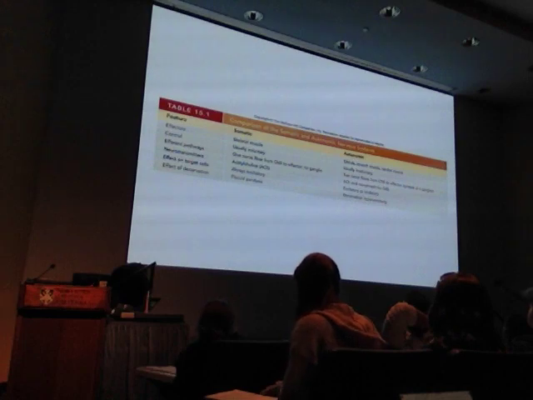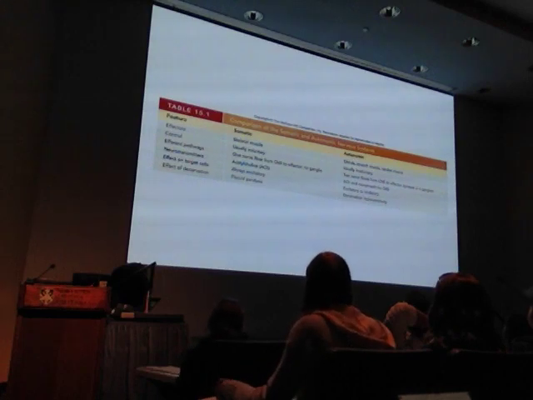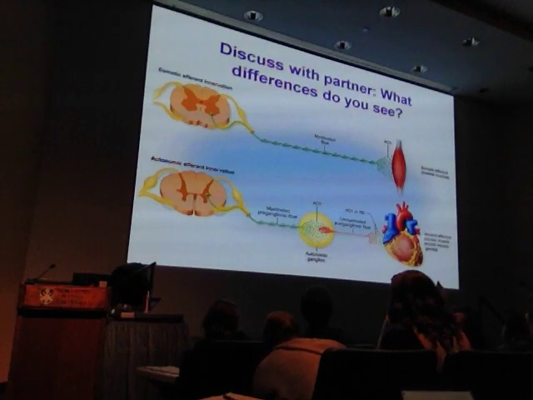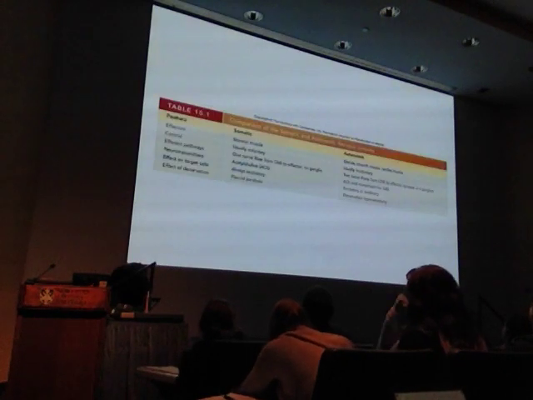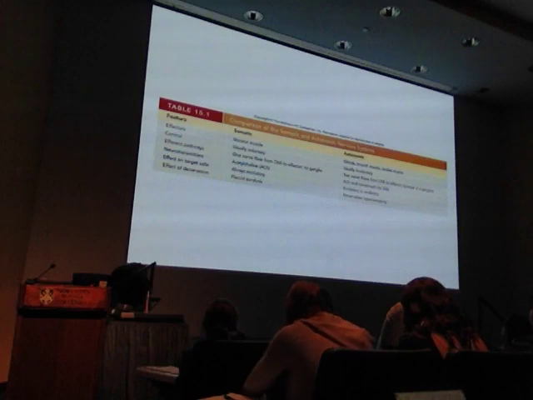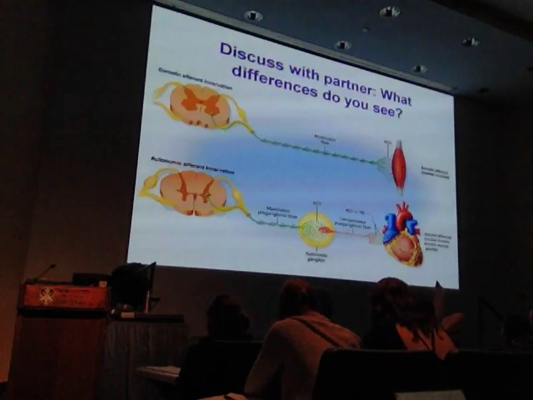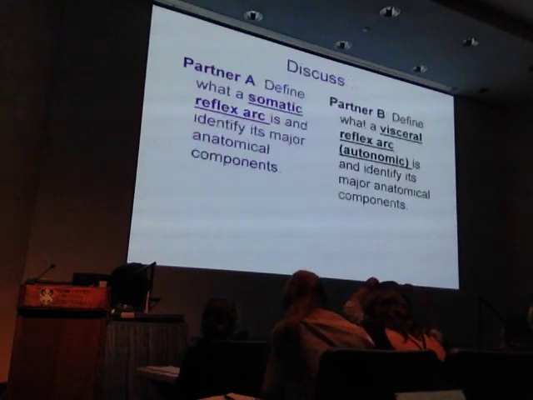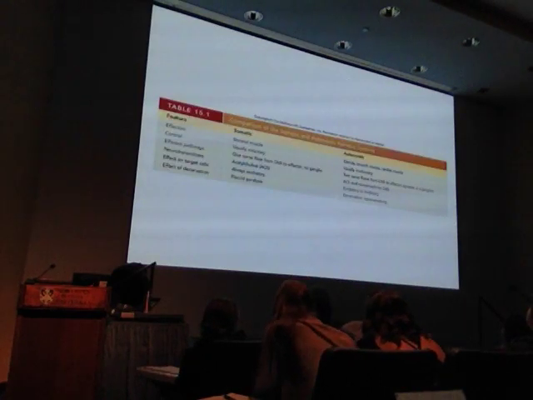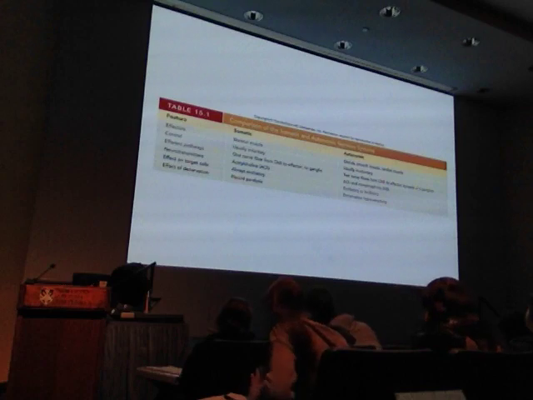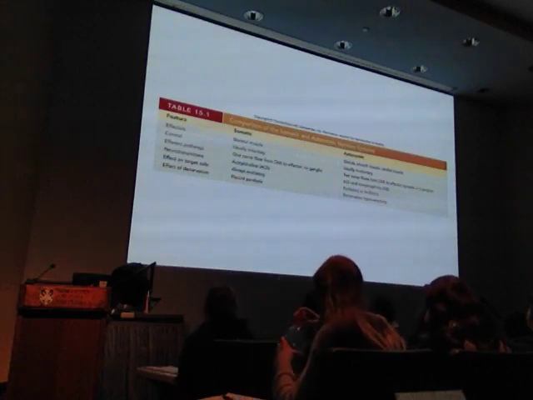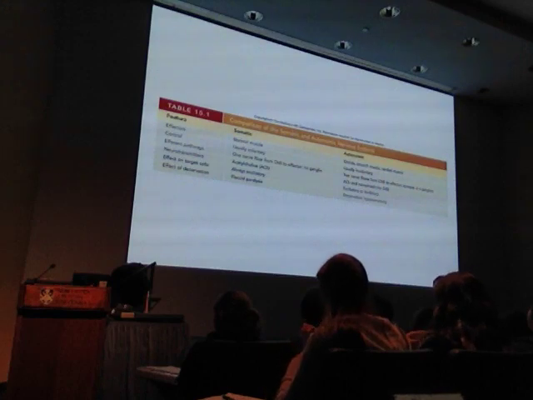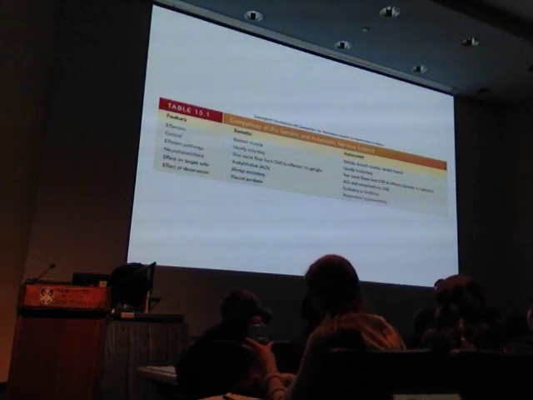This one uses a nerve fiber from the CNS to an effector with no ganglia. That's this picture. This one uses two nerve fibers to an effector with a sympathetic ganglion. That's this bottom picture. Do you understand how you use this information? If you finish this out, the neurotransmitter is always acetylcholine. This one uses acetylcholine as well as norepinephrine. This one is always excitatory, and this one can be either or, excitatory or inhibitory.